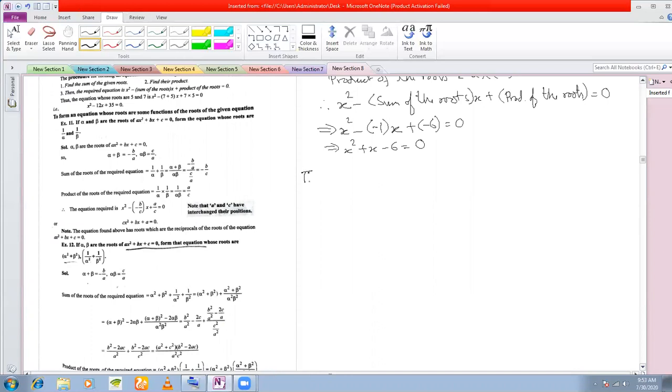Surd roots means roots in which irrational numbers are involved, say root 3 plus 1. This is a surd root. So the theorem here is